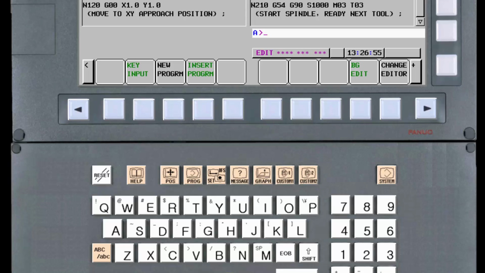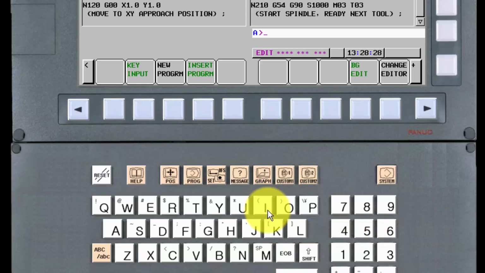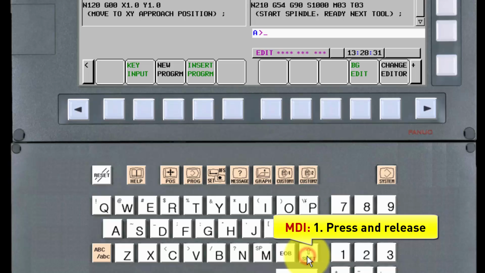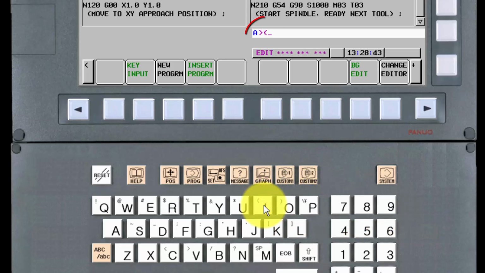To enter a shifted character on the PC, we hold down the Shift key while we're pressing the key that enters the shifted character. However, on the MDI panel, we first press the Shift key and then release it completely. We do not continue to hold it down like we do on a PC. Next, we press the key with the shifted character we want to enter, in this case the I key. See, the parenthesis is inserted in the key input buffer. Now we can enter the text of the comment. We enter start,